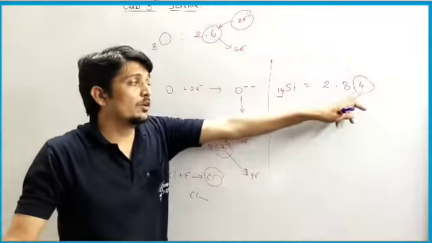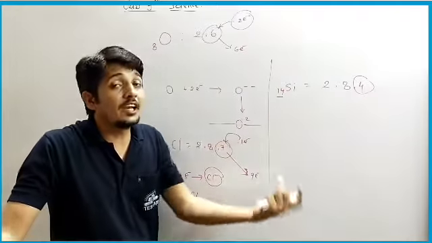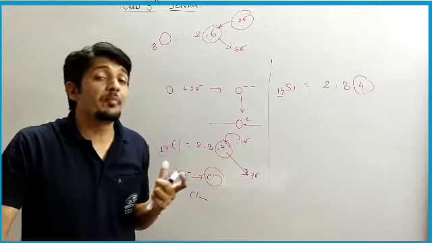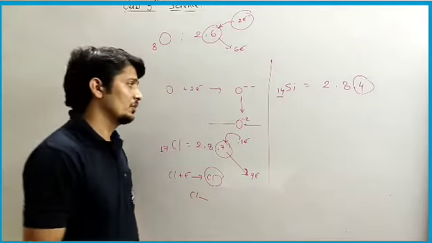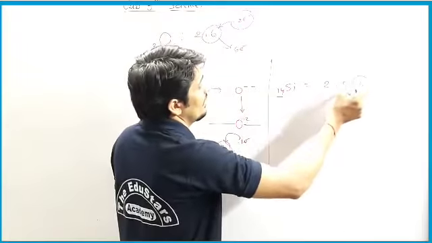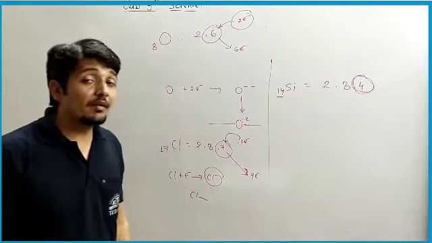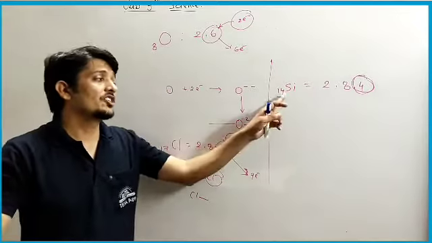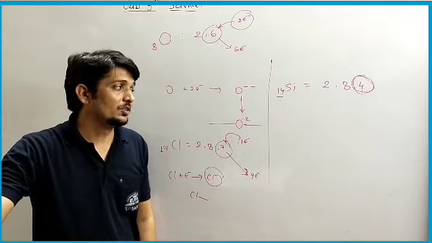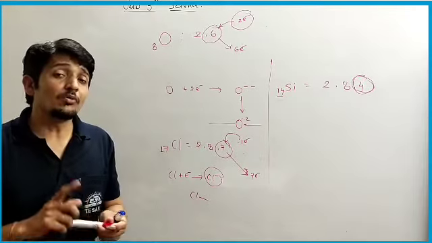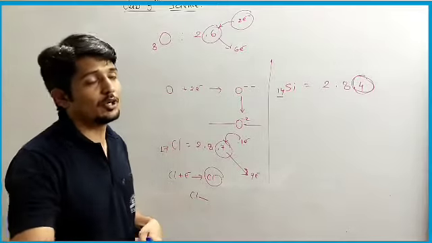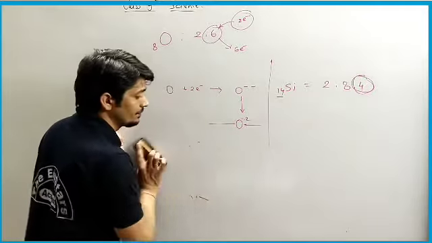That means it may lose electrons, it may gain electrons, or silicon may share electrons with other same or different atoms. So again, we decide valency on the basis of the number of electrons present in the valence shell of an atom. So this is all about valency. On the basis of valency we have to decide the compound now.